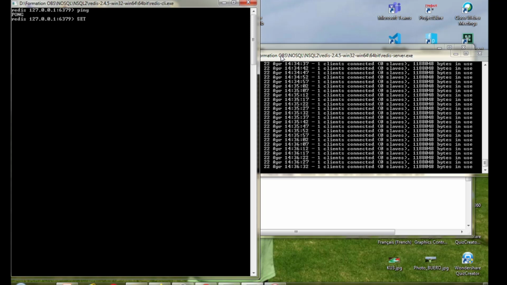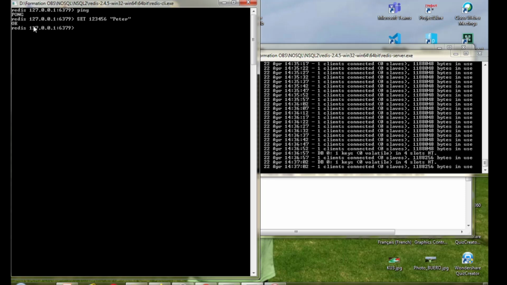The key here is 12345, and the value is, for example, Peter. This is a number, or a code, or other. So this is a key value created in the Redis database.